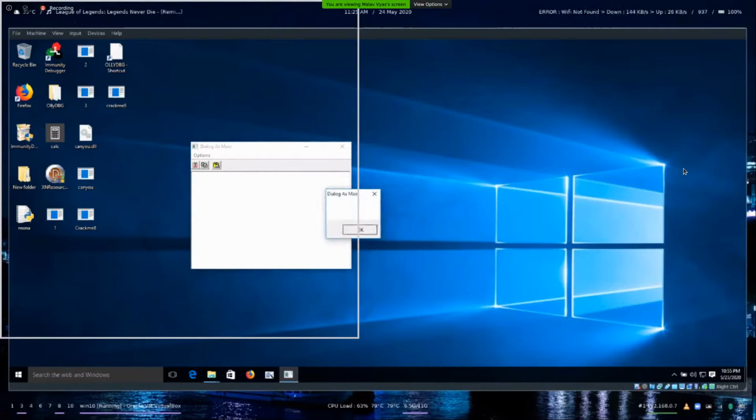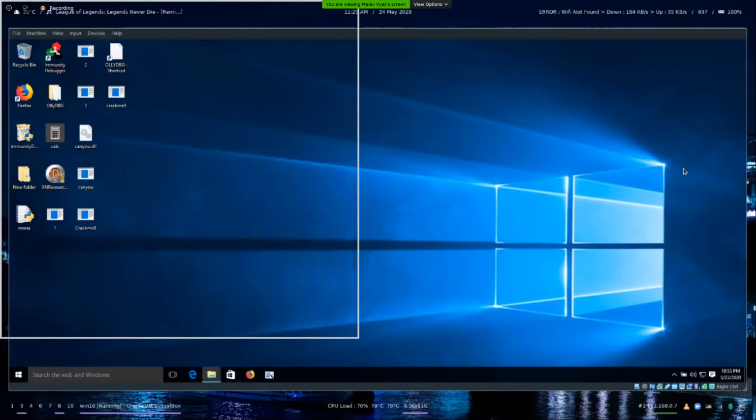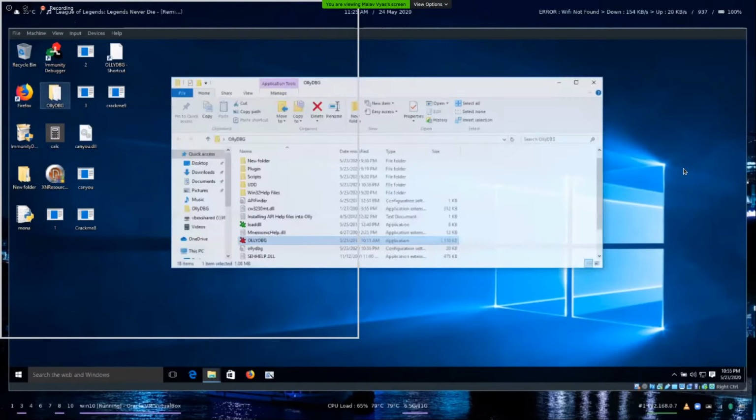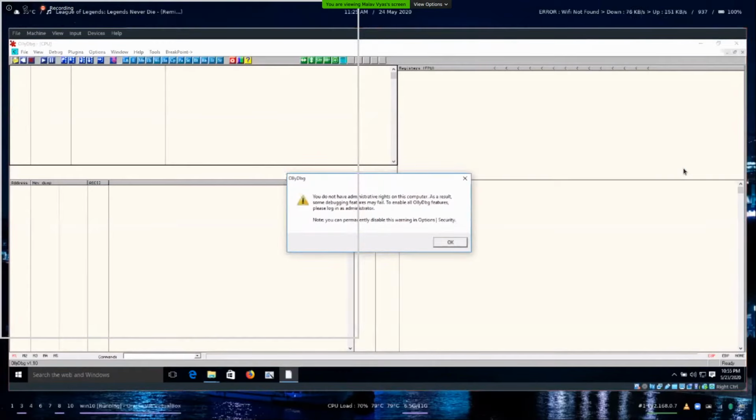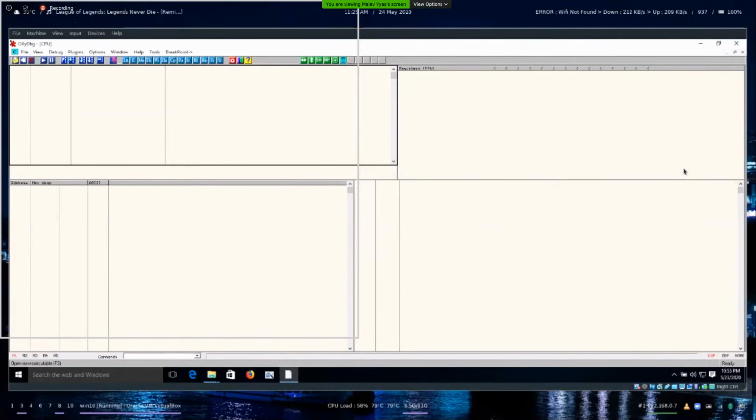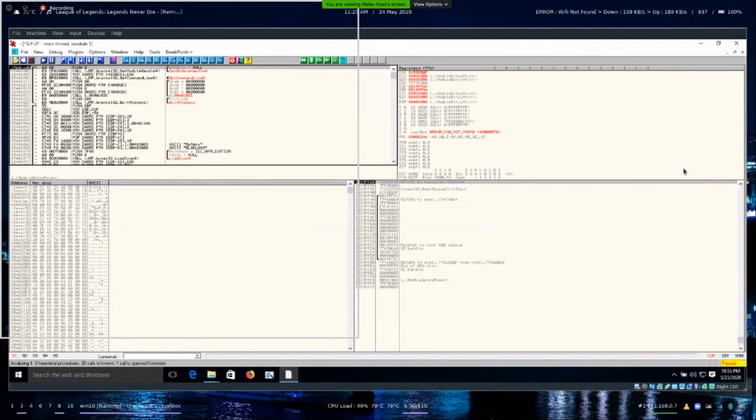It doesn't show anything. We use a simple debugger. Okay, this is a debugger. I don't think the text is visible or not.